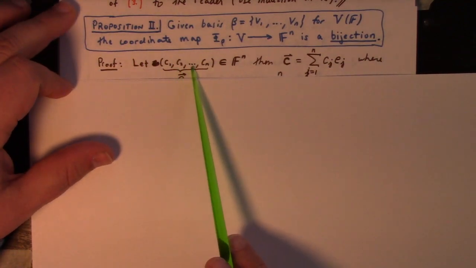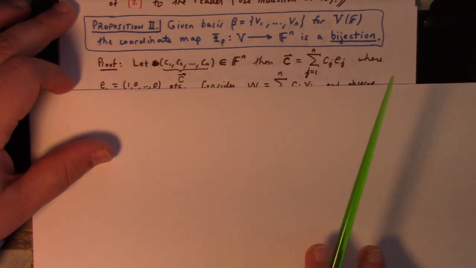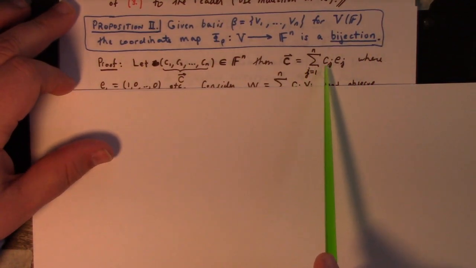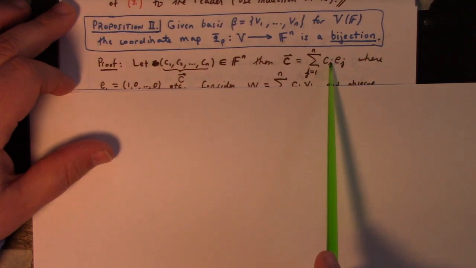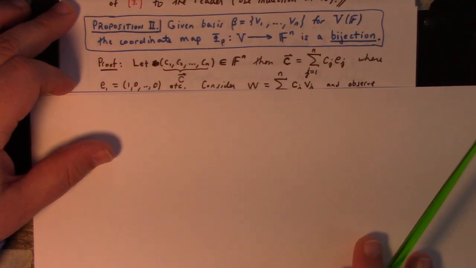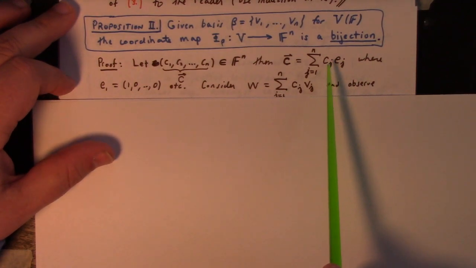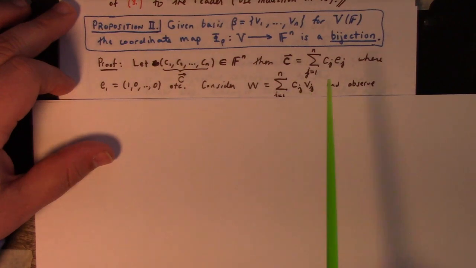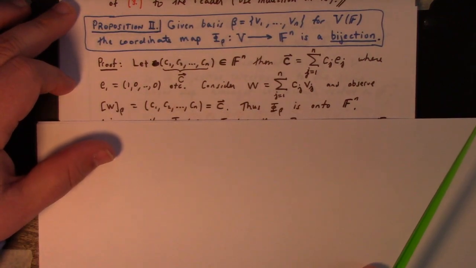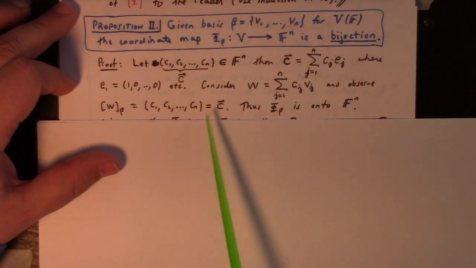I'll pick a vector in F^n. Let's call it c vector. Well, c vector is built from the sum over c_j e_j, where j equals 1 to n, and e_j, of course, is the standard basis. Notice that if we use the same constants to build an abstract vector with the abstract basis, then that will map back to the c vector. Because if I write down w equal to that, then by definition the coordinates of w are just c vector again,